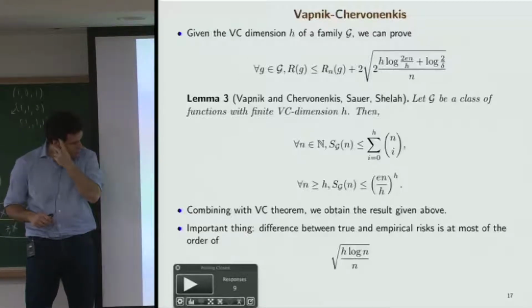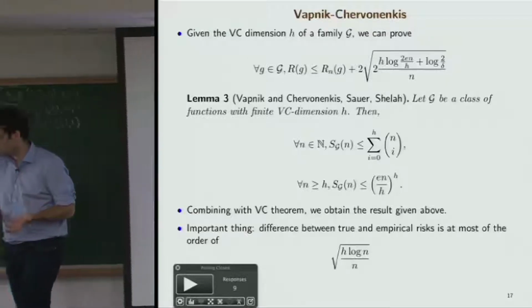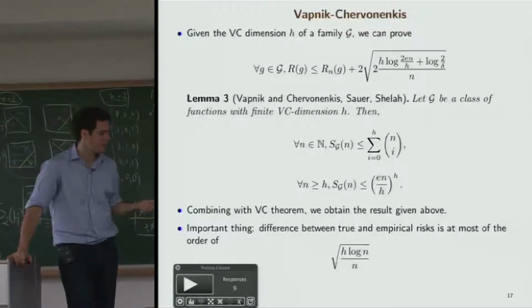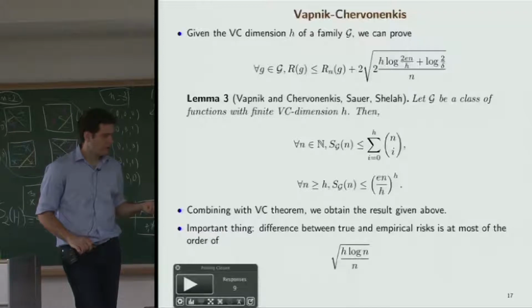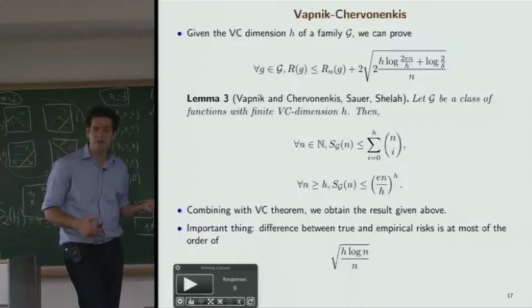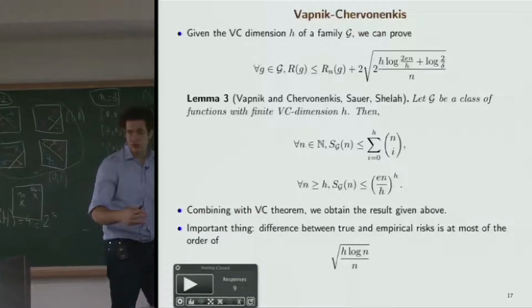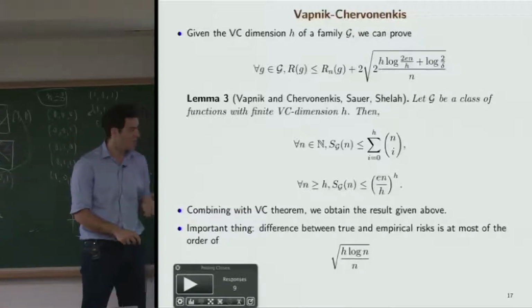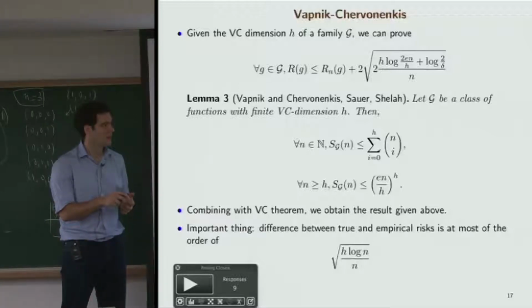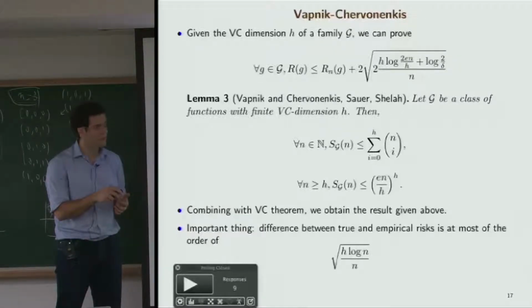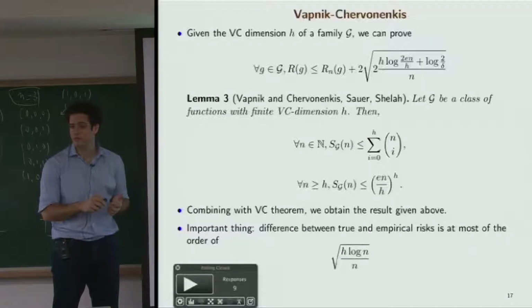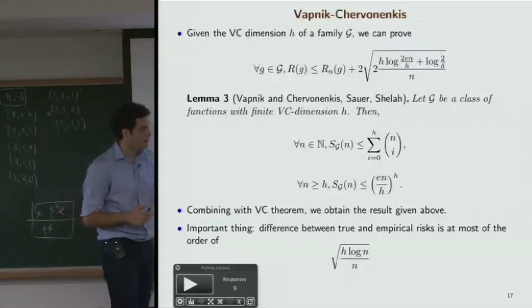So what can you intuitively say about this bound? Well, the higher the VC dimension will be, the more loose this bound will be. The bigger h will be, the less you can say that the empirical risk of a function g, for all g's here, is not too far from the true risk of g. So this bound here suggests